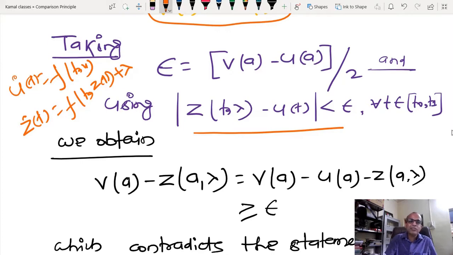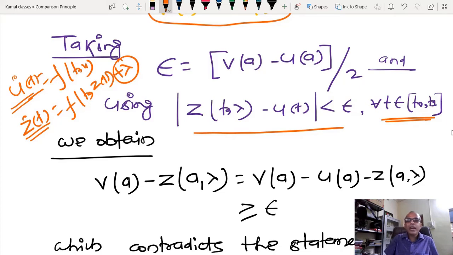So you can see that I have these two equations, and the initial condition is exactly equal. After that, if you see the solution of this, ut or zt, separated by epsilon, it is possible to show that if lambda is very small, then their future value, the solution in terms of the parameter and the solution of the other, are separated by less than epsilon for all t between t0 and t1. So this is continuity of the solution with respect to the parameter and initial condition.